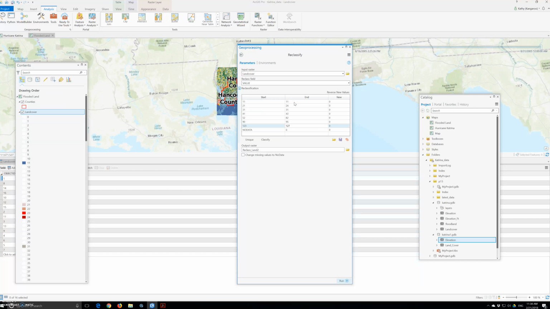Okay. 11, 21, 24, 31, 41, 43, 52, 82, 90, 95, 123, and 127, and then no data. Okay, for new, we will have 1, and then 2, and then 3,